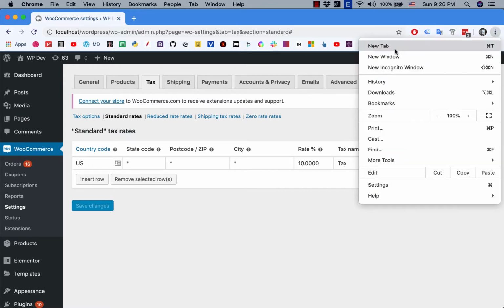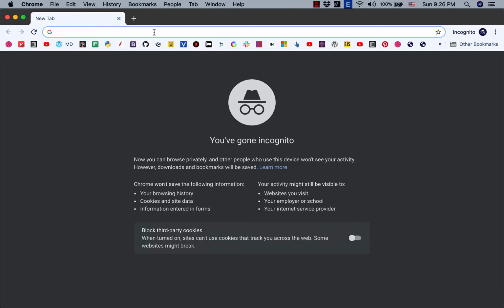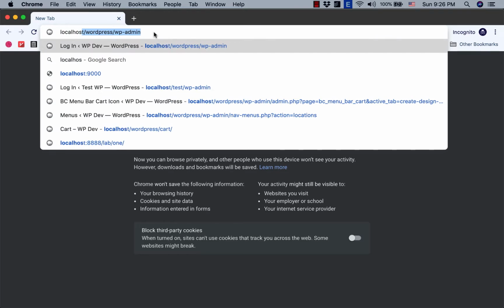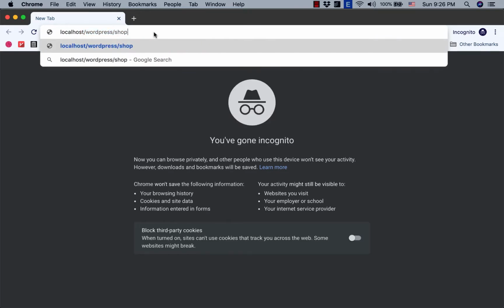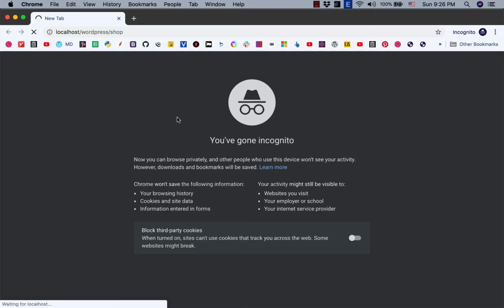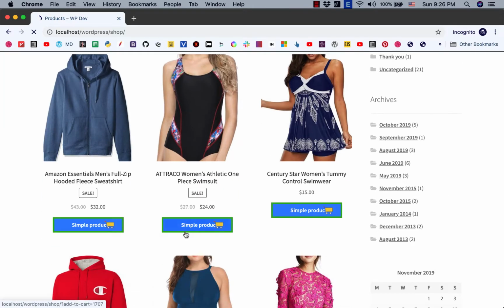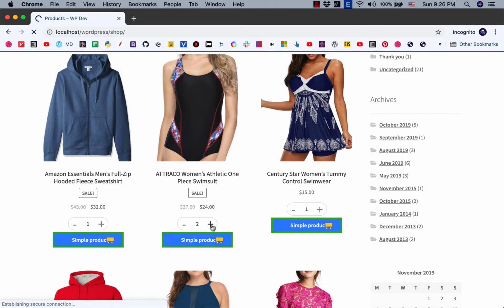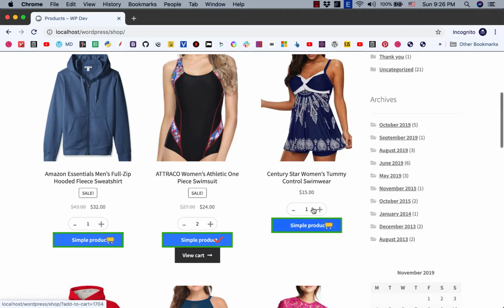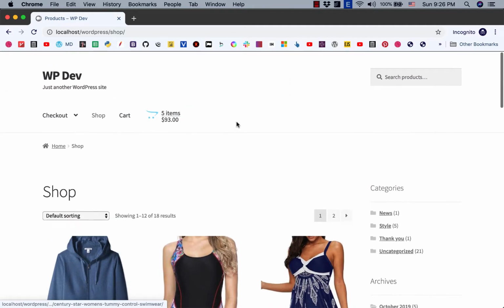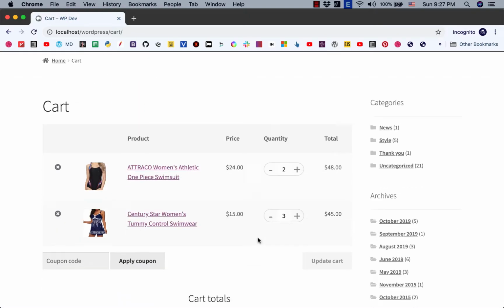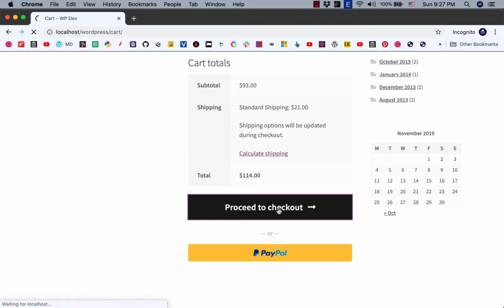Okay, so that is all you need to do to enable tax on your store. Now I'm going to open my store in a new window, and I'm going to try to place an order. For example, I want to order 2 items, this one 3, and now I go to the cart, proceed to checkout,